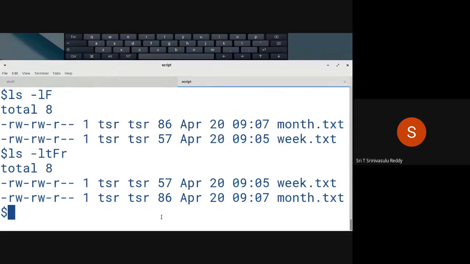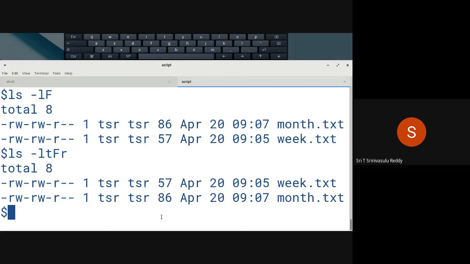So ls has got many options in fact. Just go through that by using the man command. You can issue man followed by ls. It's going to give you a manual page about how to use ls, what are the various options there, and all that kind of stuff. You can enhance your knowledge by using that particular thing.